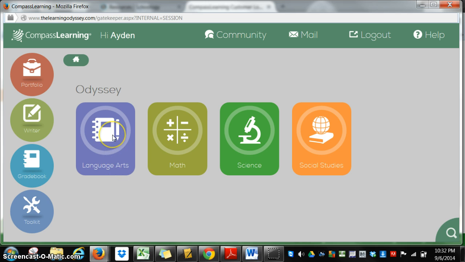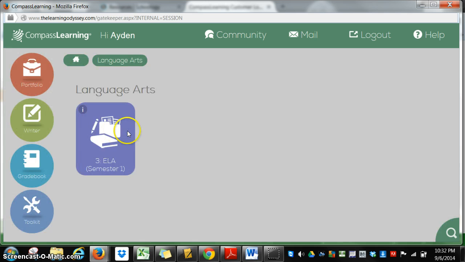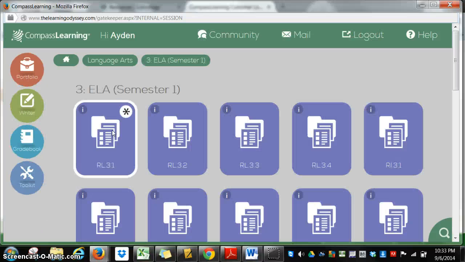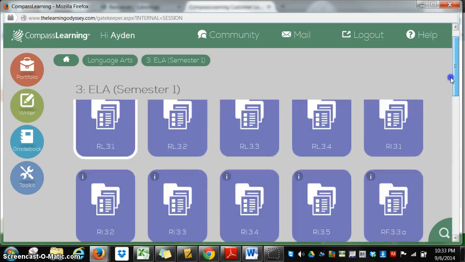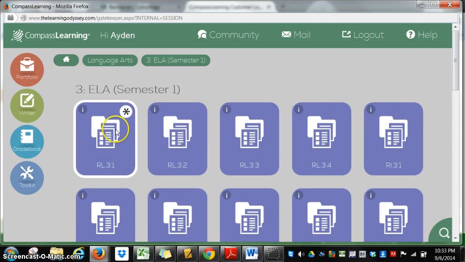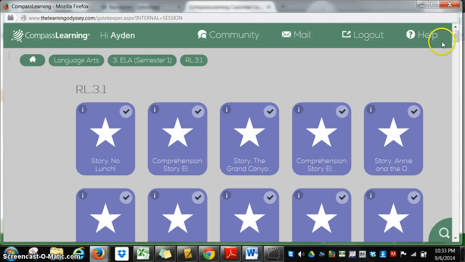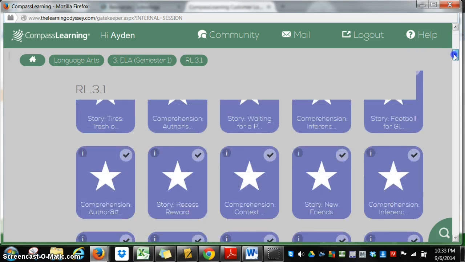I'm going to go into language arts. When you click on it the first time, it's going to open up a folder. This says semester 1. Yours may not say that, it just depends on how the teacher set it up. You'll have to open that again, and then it's going to show you some folders. There are quite a few folders there. We're going to click on the one that's got this star, the one that's a little bit different. It's always left to right. Once you open up that, you can see